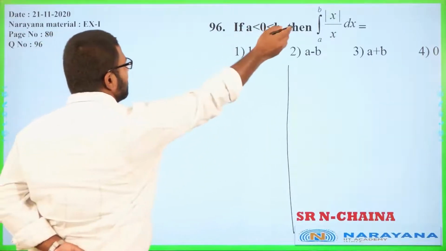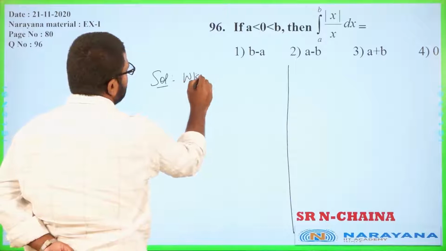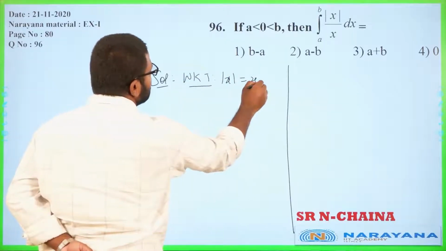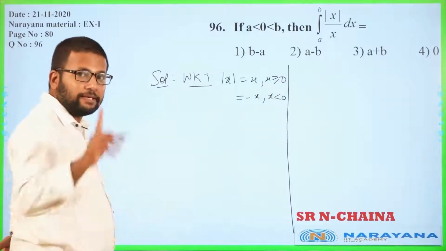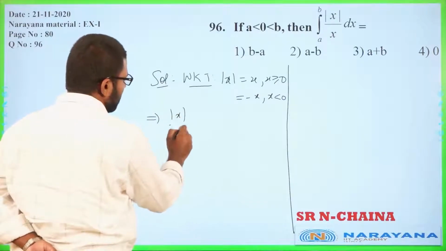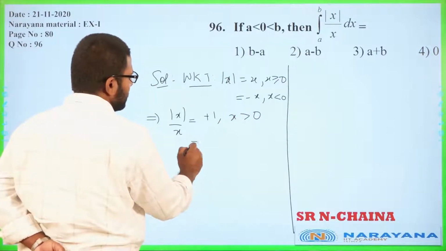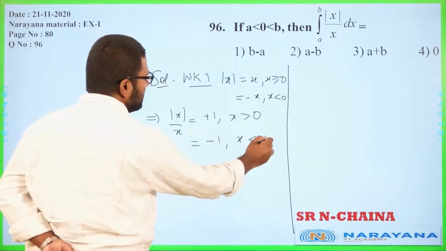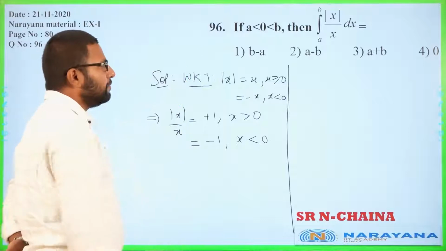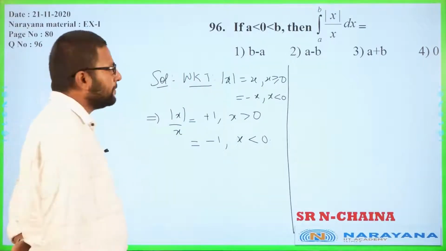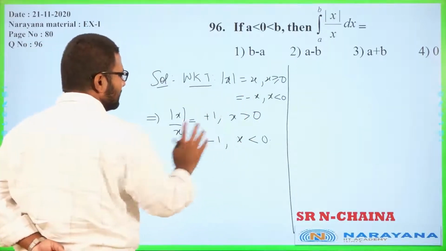Now, this function mod x has, I hope you know this, a special property. We know that mod x is x when x is greater than 0 and it is minus x when x is negative, correct? Which means mod x upon x will be plus 1 when x is greater than 0 and minus 1 when x is less than 0. Okay, we are not going to define it at x equal to 0. The question should have mentioned it, but it's okay because it's a single point. In an integral, a single point doesn't matter. Okay, so mod x upon x is plus 1 when x is positive, minus 1 when x is negative,